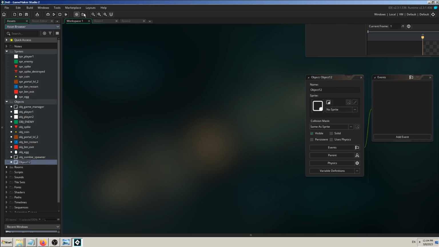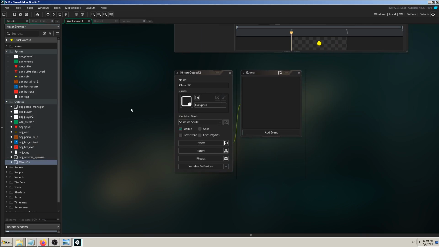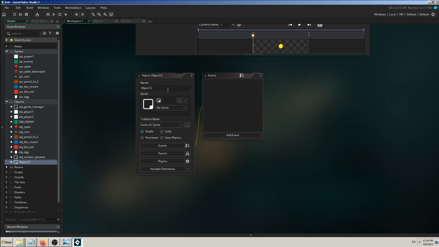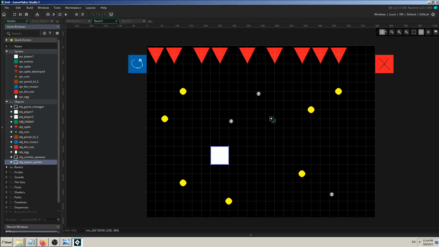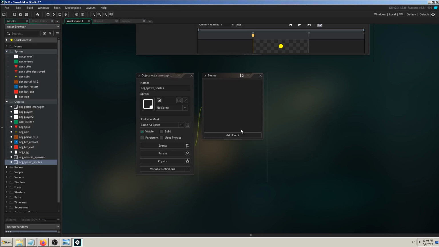object which I will call obj spawn sprites, and this object I will put in our room here in the middle, and I will just add draw